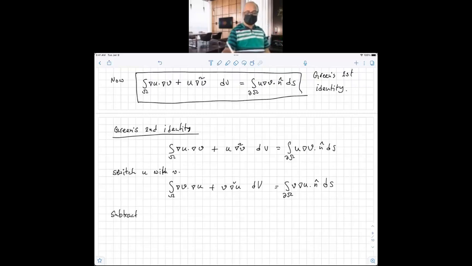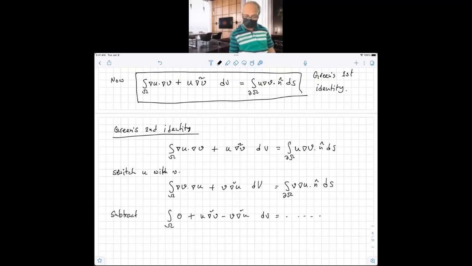And you see, this one, grad U dot grad V and grad V dot grad U is the same. If we subtract, that will cancel. This is a scalar product. Grad U dot grad V is a scalar multiplication of two vectors. A dot B, B dot A is the same thing. So if I subtract, this part will be 0, plus U nabla squared V minus V nabla squared U dV